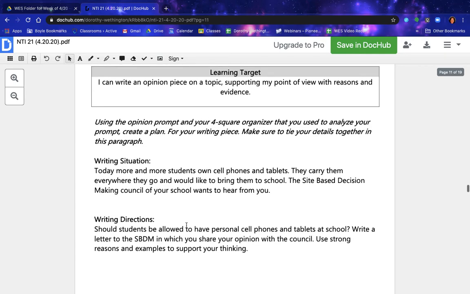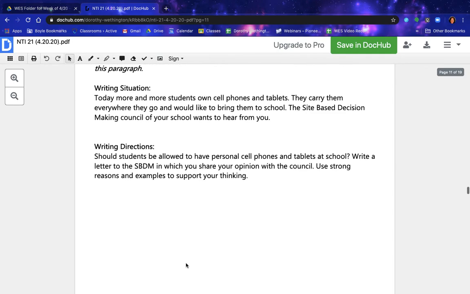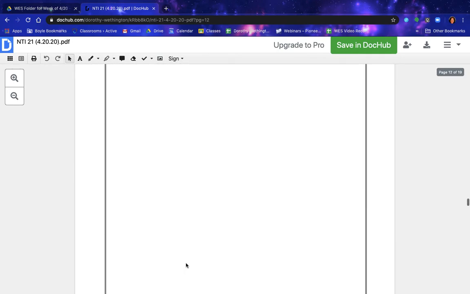Writing directions. Should students be allowed to have a personal cell phone and tablet at school? Write a letter to the SBDM in which you share your opinion with the council. Use strong reasons and examples to support your thinking. For your pre-writing,